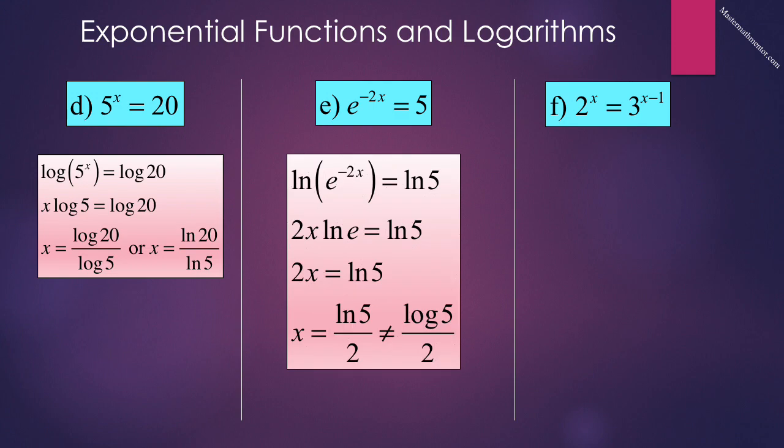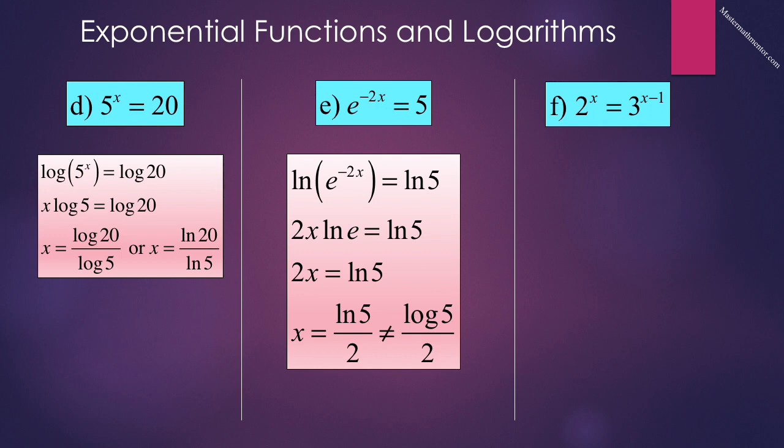In e, we have e raised to the negative 2x is equal to 5. We treat this the same way. We could either take the log of both sides, but here it's easier to take the natural log of both sides. We get the natural log of e to the negative 2x is equal to the natural log of 5. Using our log rules, we get negative 2x natural log of e is equal to the natural log of 5. And the natural log of e is simply 1. So negative 2x is equal to the natural log of 5, and x is equal to the natural log of 5